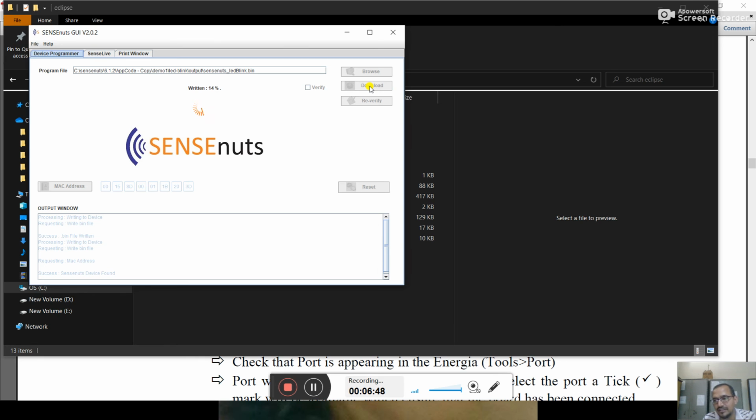You can see here that the device is burning, and LEDs are blinking over it. These two LEDs are blinking over there.